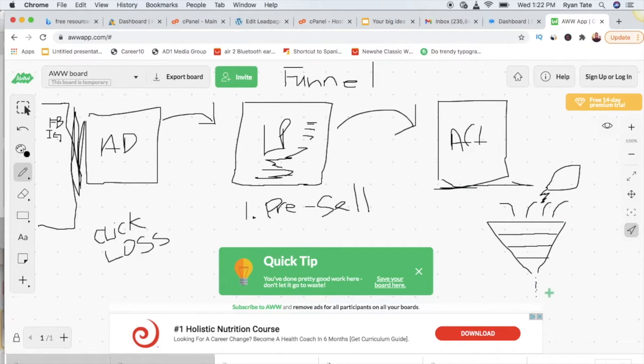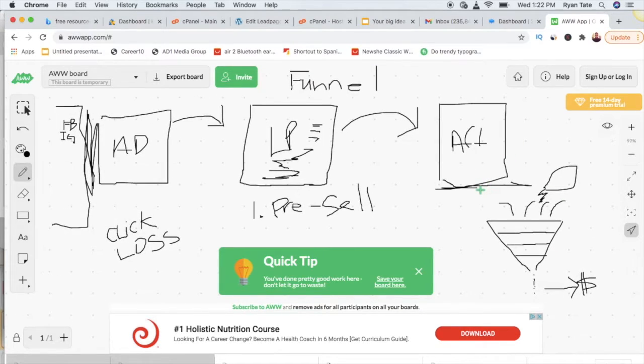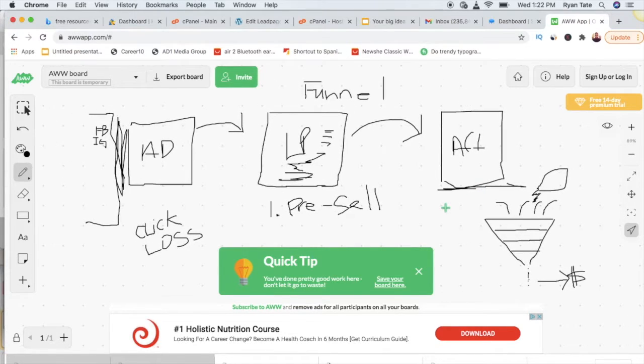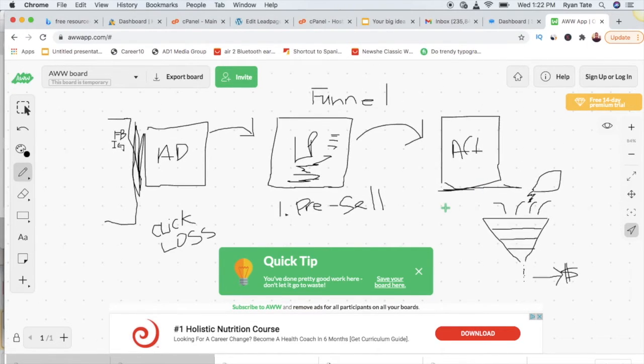However, those small trickles of people could actually make you a lot of money because they're laser targeted. These people are the exact types of customers the advertiser is looking for. Therefore, they will be willing to pay you as much money as possible to get this particular type of customer. So that's one type of funnel that you can do, right? Let me zoom out just a little bit so you guys can see that. So that's one type of funnel that I recommend.